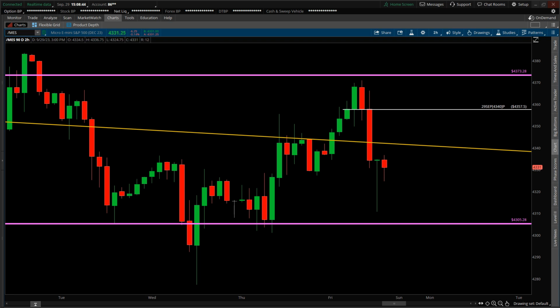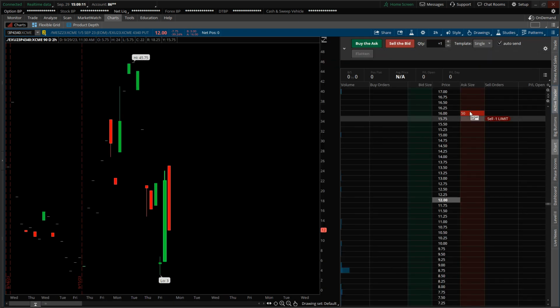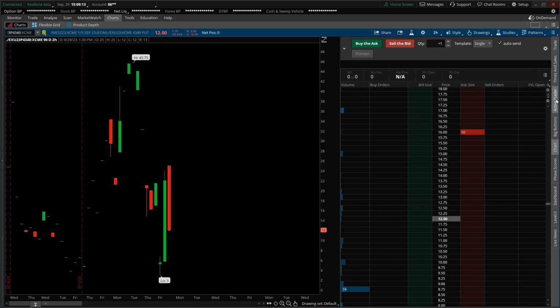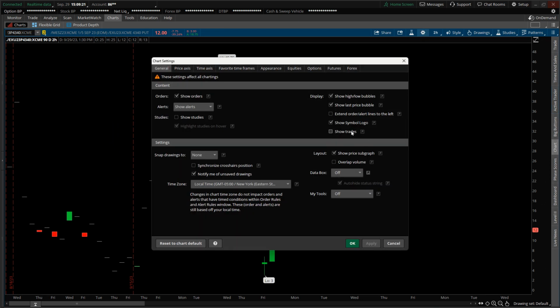So what I'll do is I'll switch over to the option chart. So right here, as price was going in my direction, and then that last candlestick just closed, was unfortunate. So if I open up Active Trader, I don't have a position here anymore. It's zeroed out. Net position up here is also showing 0. However, if I show trades,